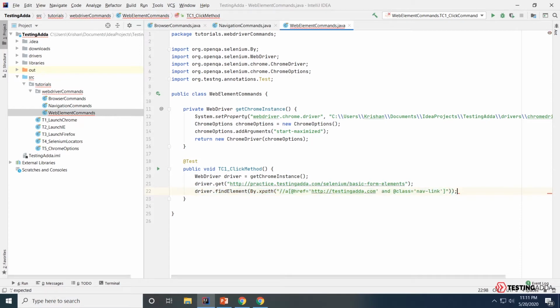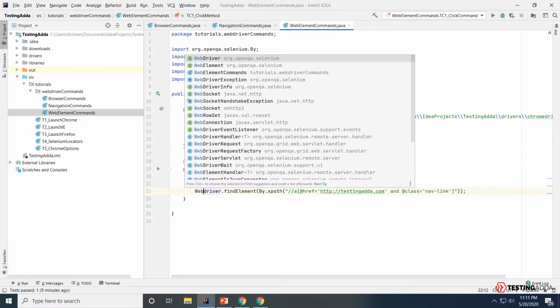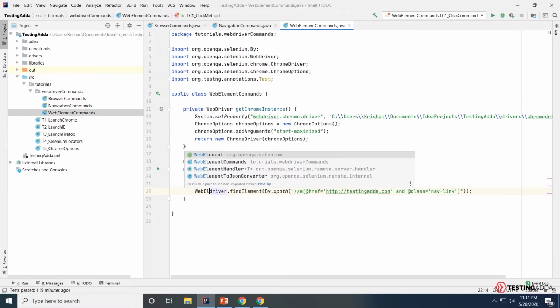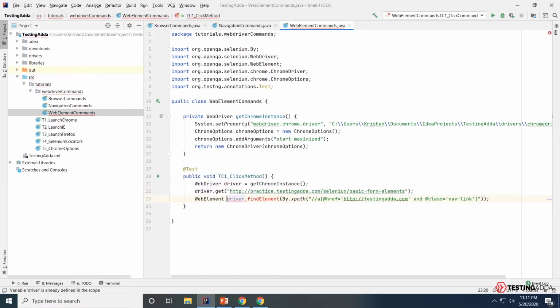So I am going to accept the return value in web element, right? You can identify it by control and hover on the method find element. As you can see, this method has a return type of web element.